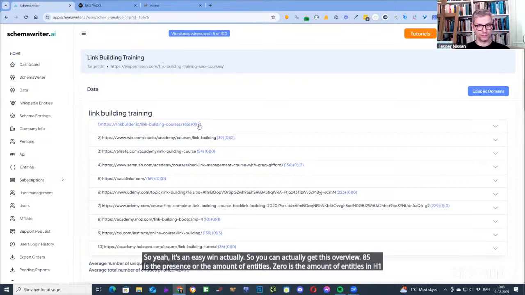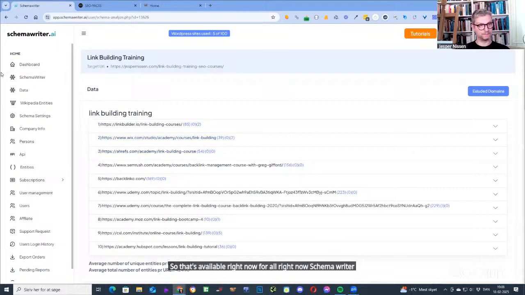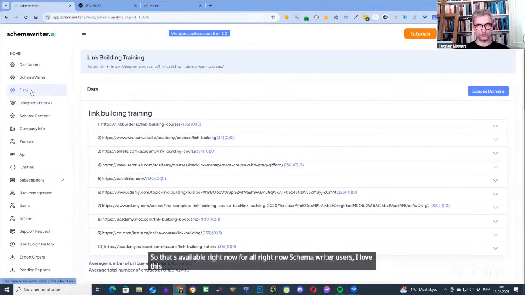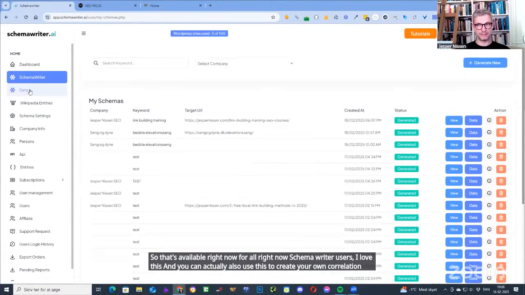2 is the amount of entities in H2. So that's available right now for all Schema Rider users. I love this. And you can actually also use this to create your own correlation studies, because in this data,